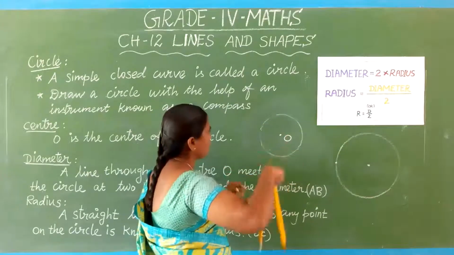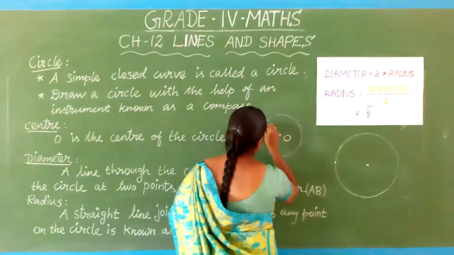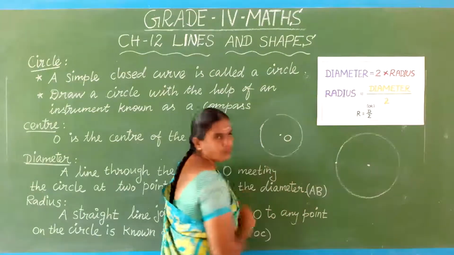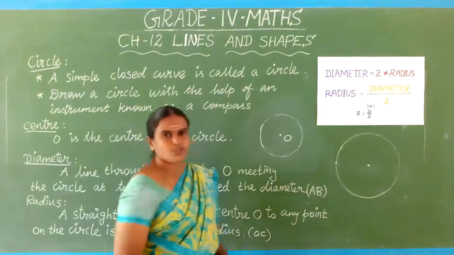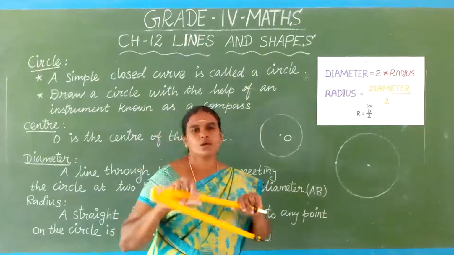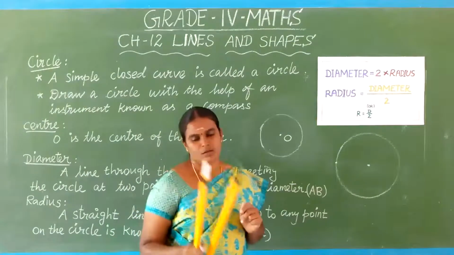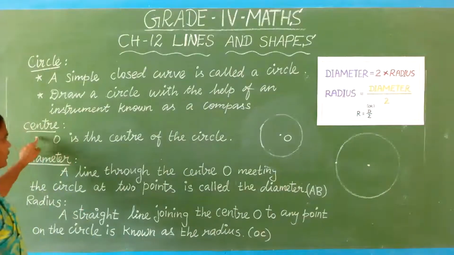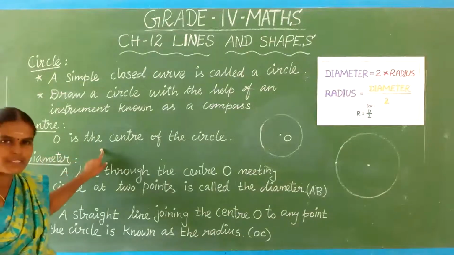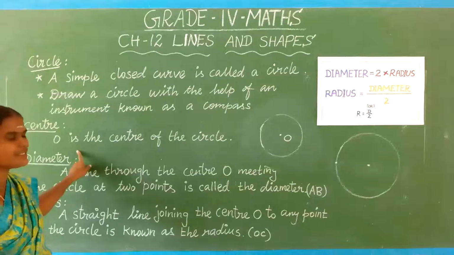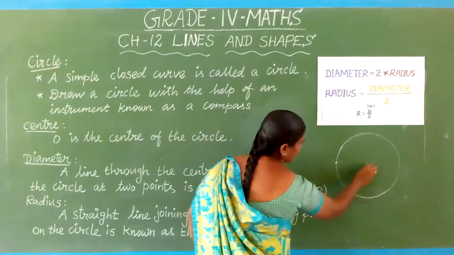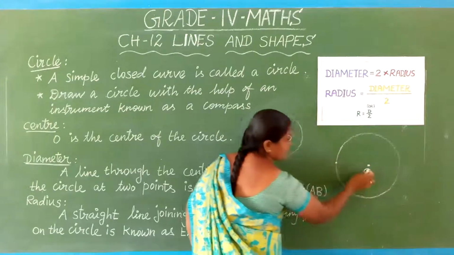So the circle is completed. This is center point O. This is the circle. So if we want to draw a circle, use a compass. O is the center of the circle. So in this circle I put point O. O is the center of the